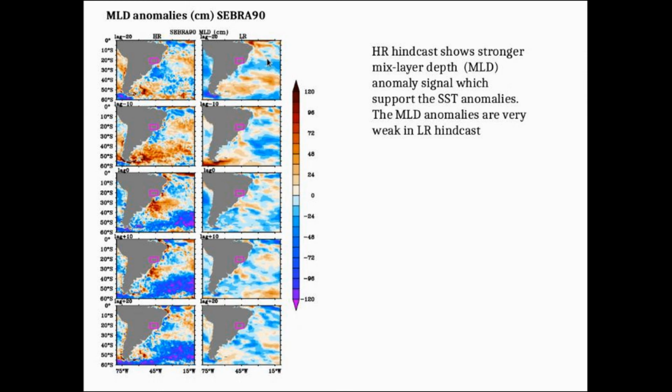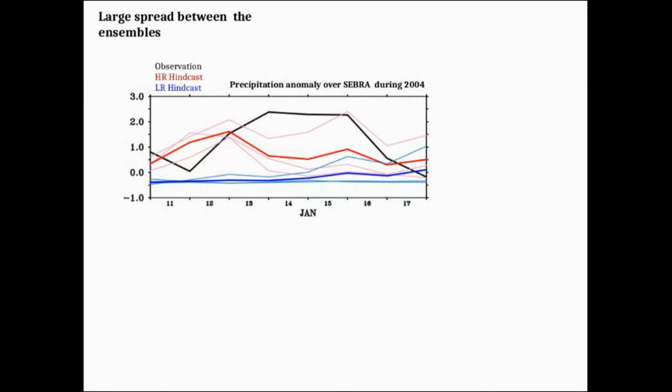And low resolution is underestimating it, though there is a turbulent flux, but the magnitude is weaker. Now, how is the ocean mixed layer? Because the flux is actually going to the ocean mixed layer, and then it is giving an SST signature. So here I again show the mixed layer anomaly from -20 to +20.